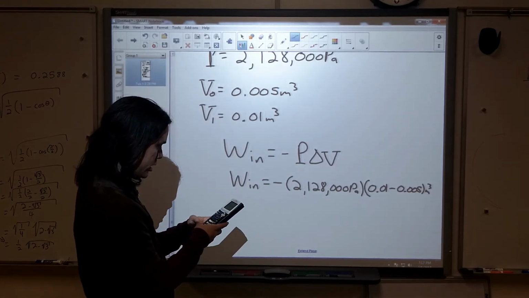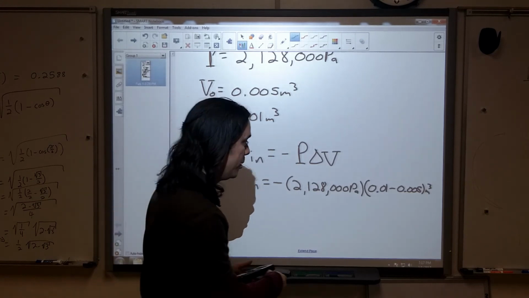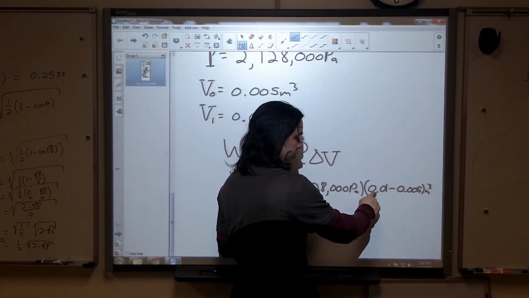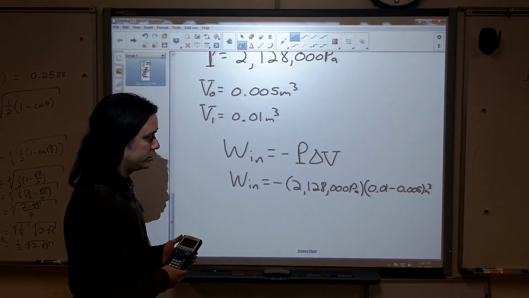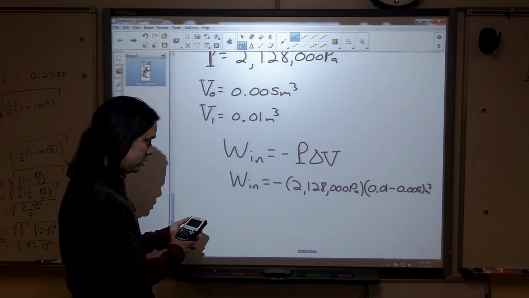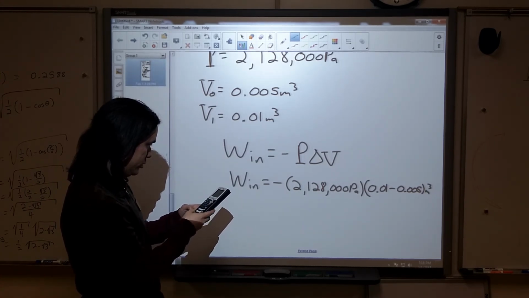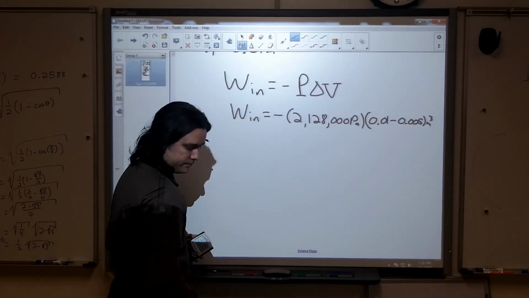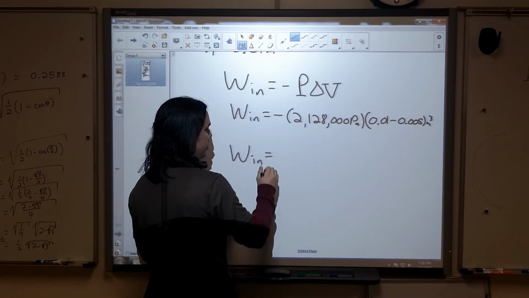All right, let's see. So I'm going to take that. Now remember, this is cubic meters. This is not cubed. I'm just taking delta V, so it's 0.01 minus 0.005. The meters cubed is the units. It's not affecting the numbers there. Okay, times 2,128,000. If I've done this correctly, the value I'm getting is the work in, the work that we're putting into